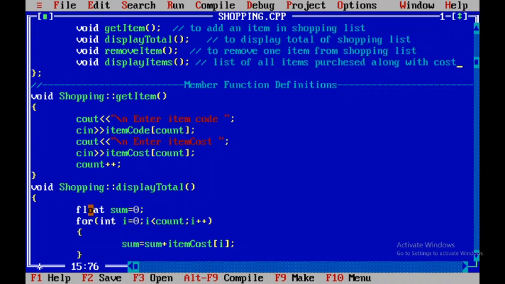So because of that, the for loop is written for int i equals 0, i less than count, i plus plus. We want to have the total for all the items we have purchased, so every cost we have to add. So sum equals sum plus atom cost of i. We will handle this code at the time of